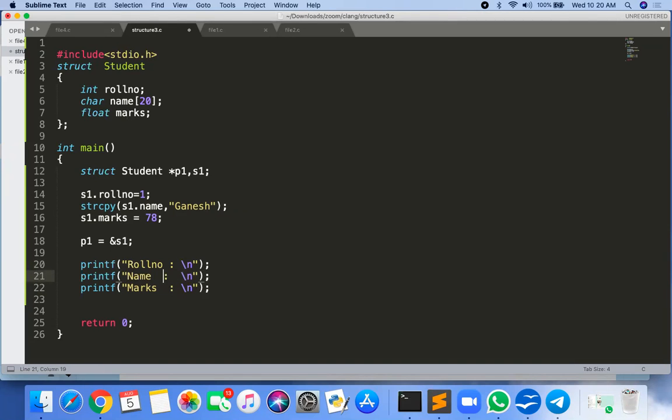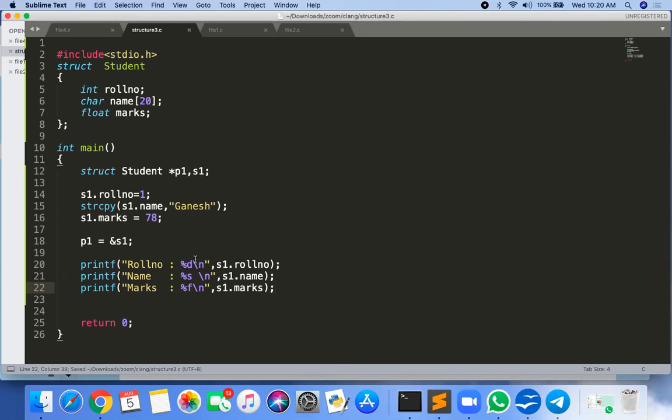So how to print? Very simple. If I want to print an integer value, use %d, but here I have to use s1 dot roll number. Similarly, if I want to print the name, very simple, s1 dot name. Here I want to print a float value, so %f and comma s1 dot marks.